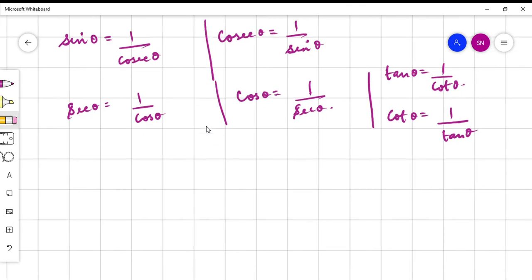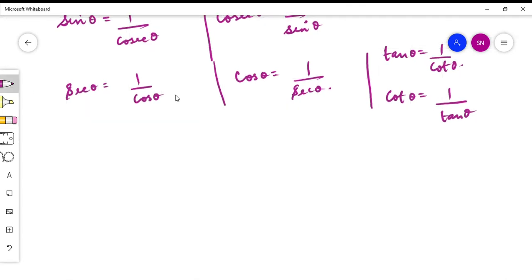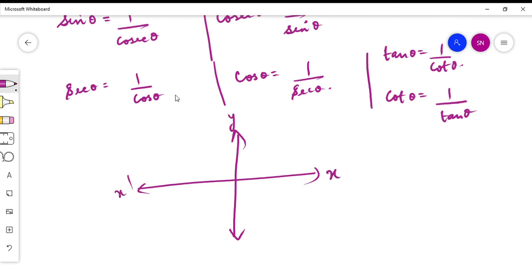Now we come to the quadrant system. So in the quadrant system, we have four quadrants. Okay, so a quadrant is nothing but a plane. I draw two arrows and call this as x-axis, y-axis, x dash and y dash. Okay, so here I start with 0 degree. This obviously is 90 degree. This is 180 degree and this angle is 270, and the final, when we complete the circle, this is 360 degree. I'll just tell you how is this angle measurement happening in quadrant system.